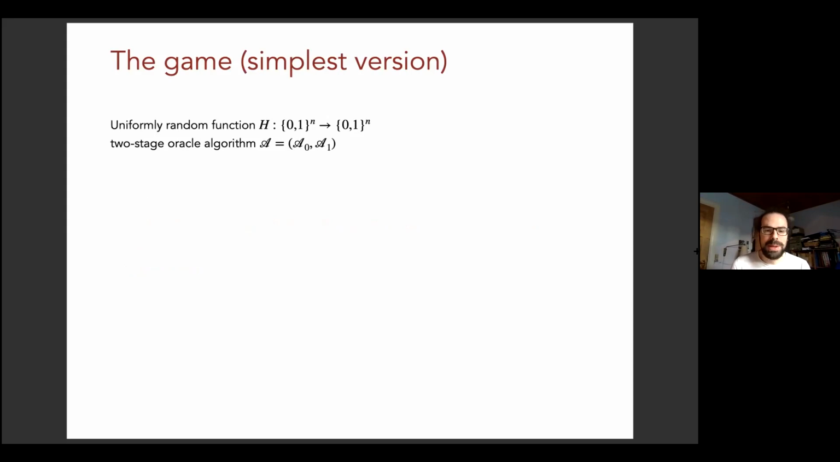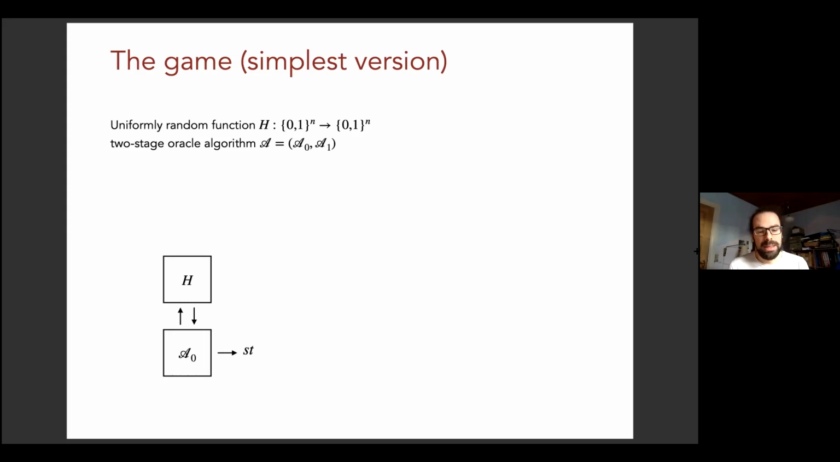We want to learn something about the random oracle model or the quantum random oracle model. And let's assume that this function h goes from n bits to n bits. That's just for simplicity. And the game is played by a two-stage algorithm, A. It proceeds as follows. A starts, the first stage, A0, starts to interact with an oracle for the random